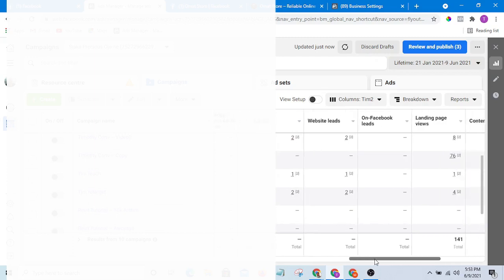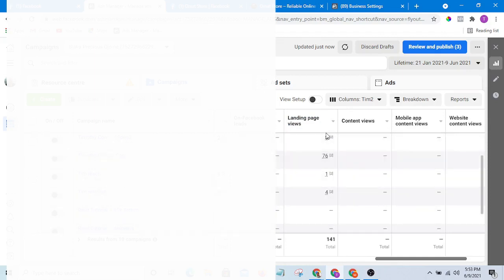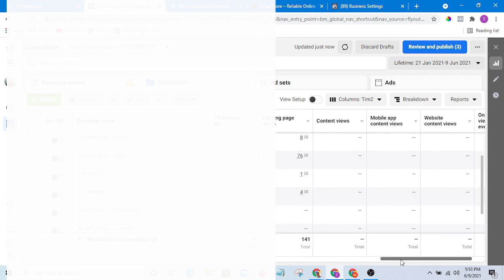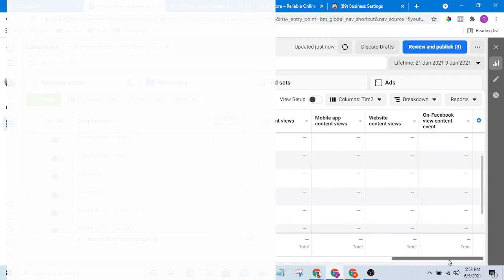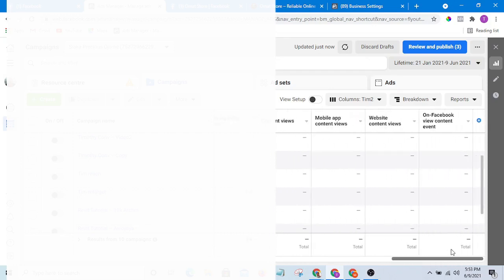This is where you get the data from. You can see I have 2 leads here and so on. Then landing page views are people that visited your landing page. You'll be able to know how many people visited your landing page, so that you will either adjust your ad, pause it, stop it completely, add more money or scale it.